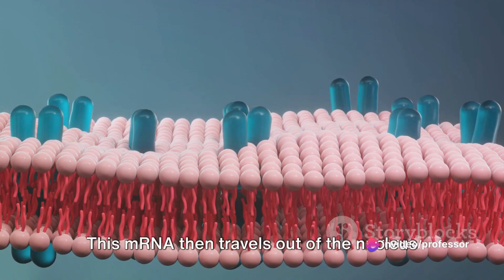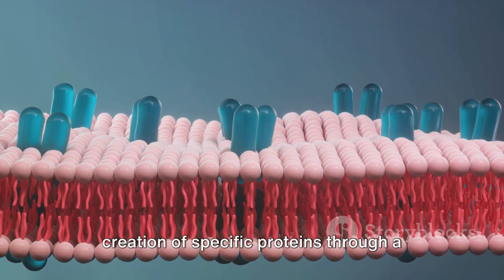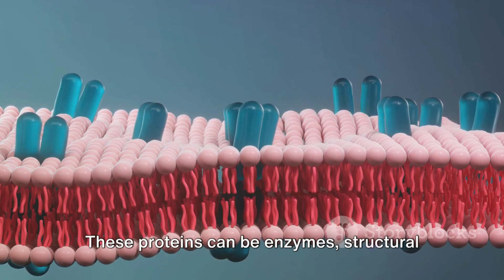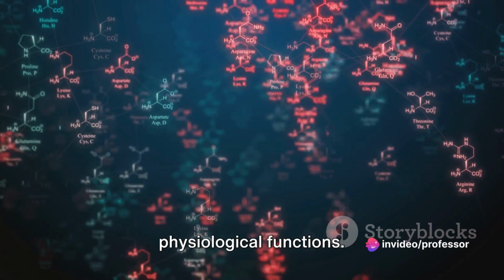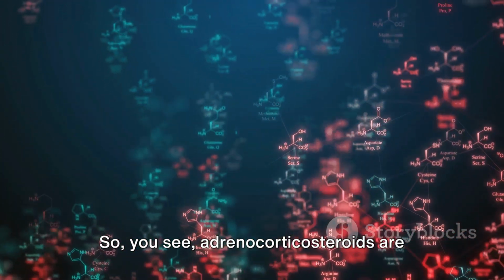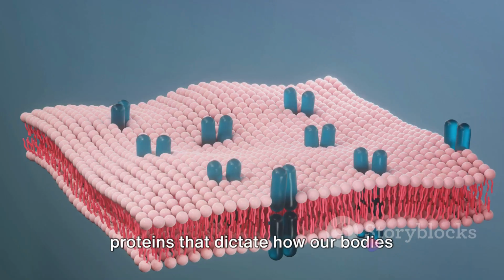This mRNA then travels out of the nucleus and into the cytoplasm, where it guides the creation of specific proteins through a process called protein synthesis. These proteins can be enzymes, structural proteins, or even other hormones, each playing a vital role in the body's physiological functions. So you see, adrenocorticosteroids are like the conductors of a cellular orchestra, directing the production of proteins that dictate